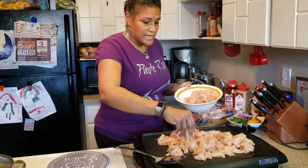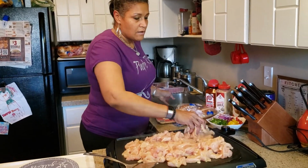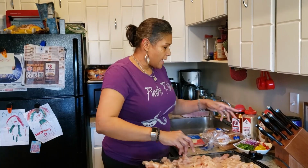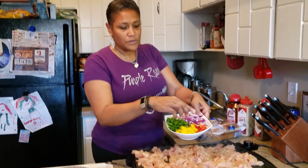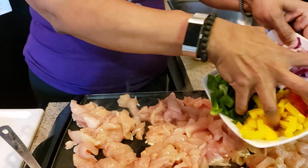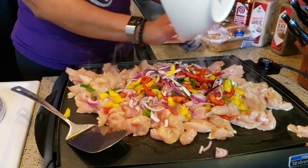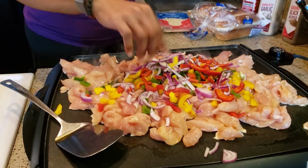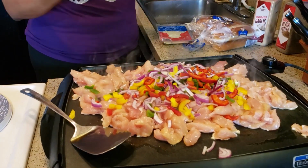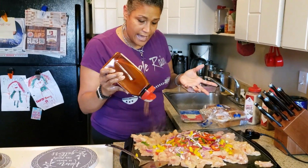What else we do is we had some leftover peppers from the stir fry and other meal prep. I had half a pepper, or 3/4 of a pepper, a whole pepper, and 3/4 of an onion. And so we pour that all over there because we want all this to marinate really well. Now, if you don't have a big family, you don't have to make this much. But this is a way you can actually bag this in smaller bags to make